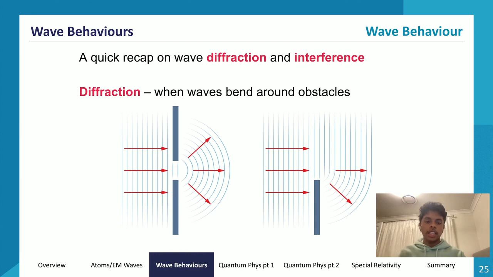So, diffraction and interference. What is diffraction? Think back to Year 11, Module 2. Diffraction is when waves bend around obstacles. So this is diffraction over here. As it enters the slit, it becomes a point source wave, and it starts spreading out from this one point source. Same over here, where it bends around this obstacle. This is an example of diffraction. You should be able to define diffraction because it is in red.